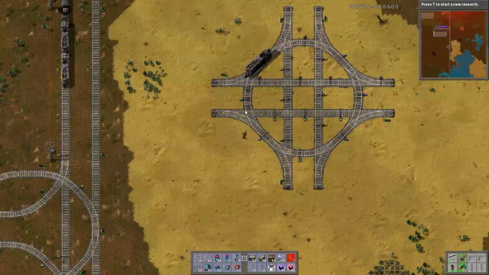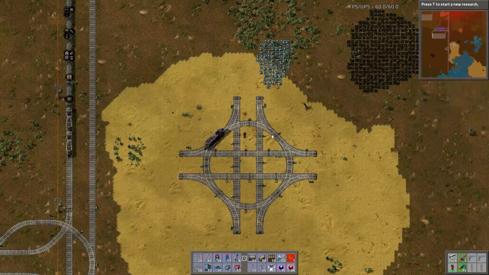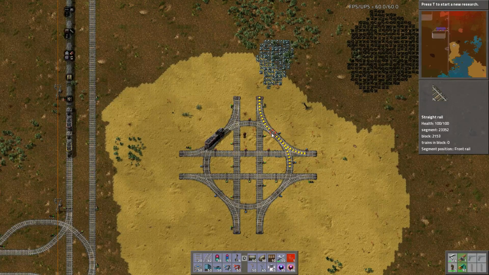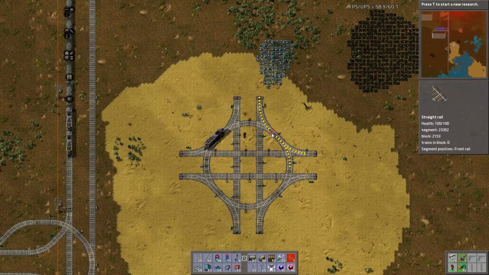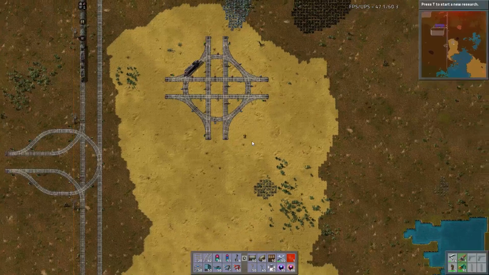Generally, okay, so I see what you're saying. Signals on curved track is a bad idea. Yes, that makes a lot of sense. What if I made this circle bigger? Generally, signals on curved track is a bad idea, but in some cases it needs to be. That's it, yeah, you're right. I don't think I've actually had a case where...